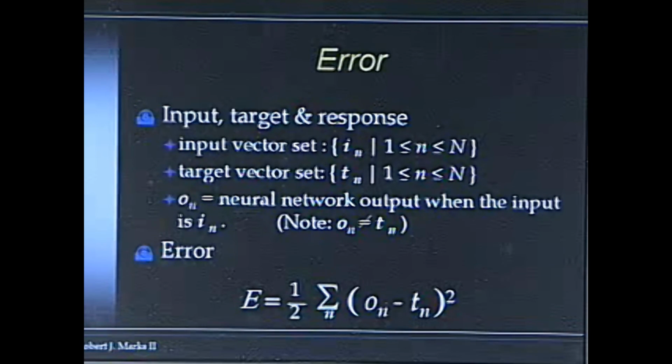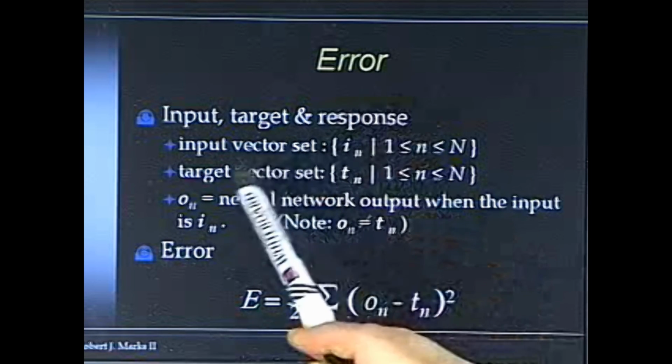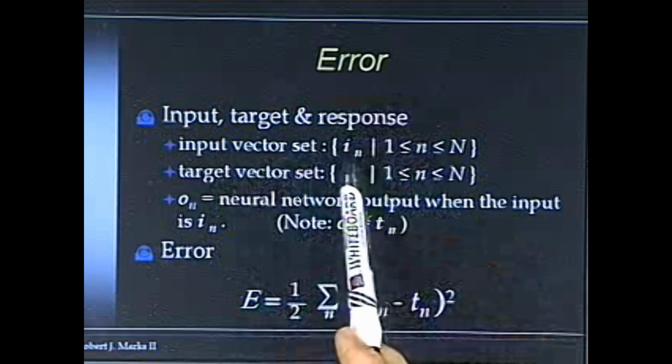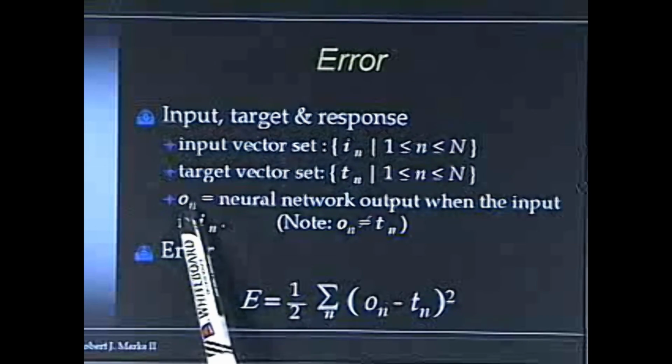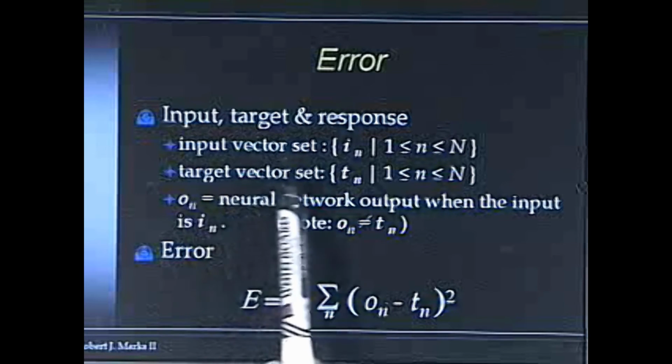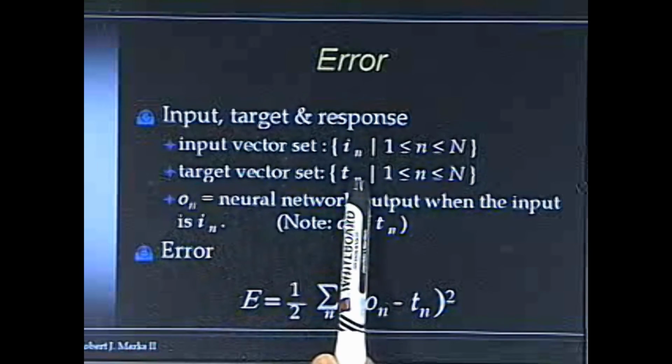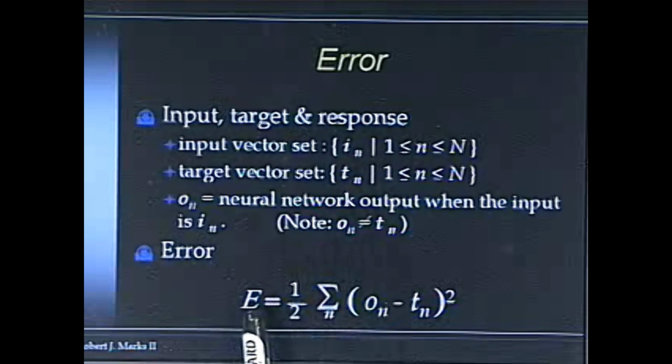So here's the situation. The error. What is the error? We look at the input values. We look at the output values. The output values is what you get. The target values is what you want. The difference between what you want and what you get is the error. And so this is what we refer to as the error, and we sum them up over all of the